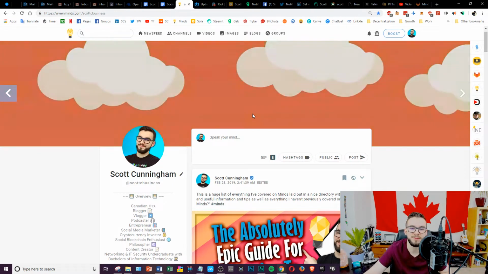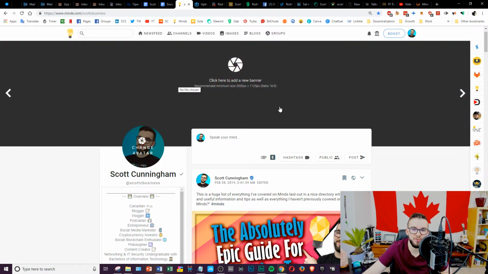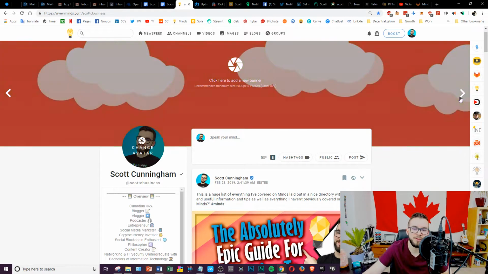You can kind of play around with that, and yeah, so you would do that by going to this little edit symbol, which is just like a little pencil. And once you're in edit mode, you can click on your avatar to change it, and here you can see the minimum size is 2000 pixels by 1125 at a ratio of 16:9. And you can click on this to change it, or you can start to go through, and this would add a new one, and that's how you can add more and more as you go through, and then you can go over the previous ones and replace them as needed,